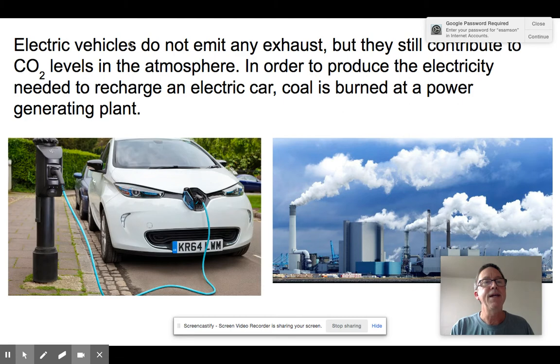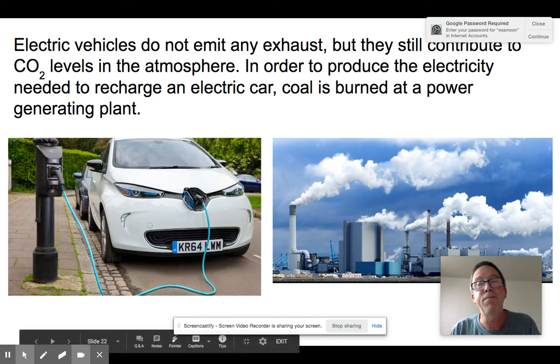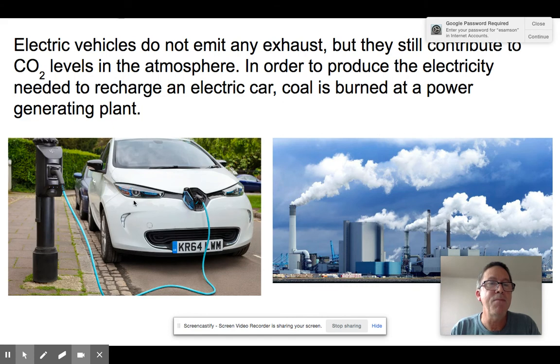Here's why. Yes, it's true. There's nothing coming out the back of this car. It's just a battery. I just charge up a battery and use it. But where does this electricity come from? From burning coal. So yeah, you're not putting carbon dioxide and nitrogen dioxides into the air of my city,